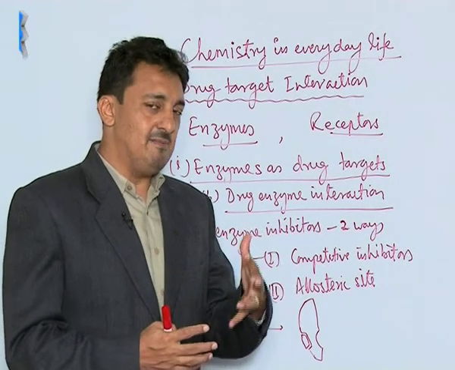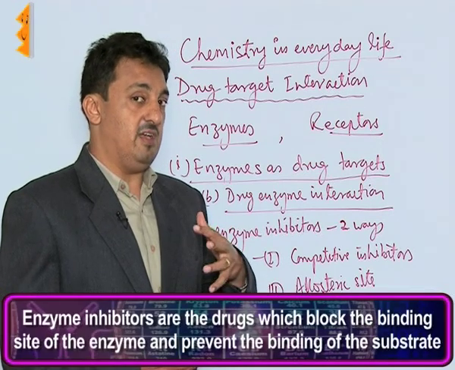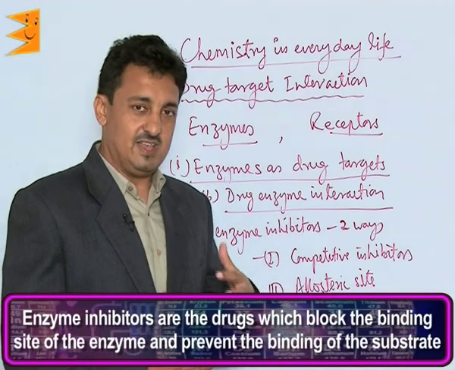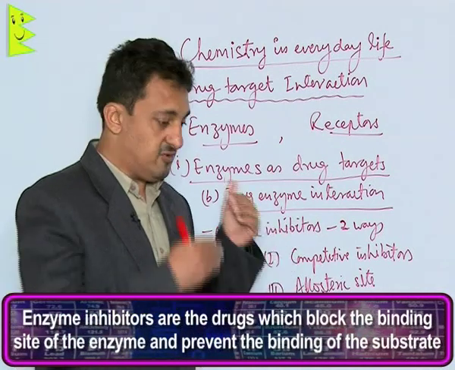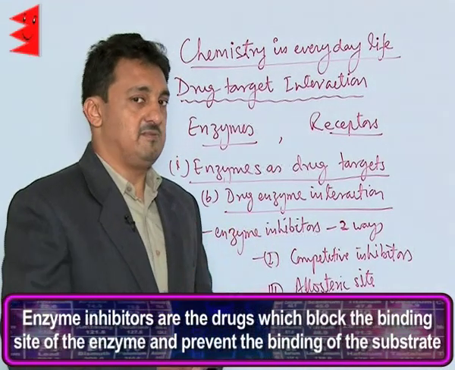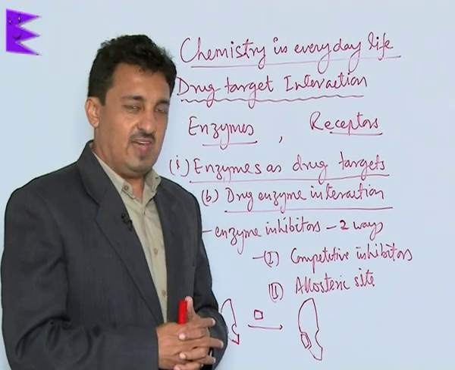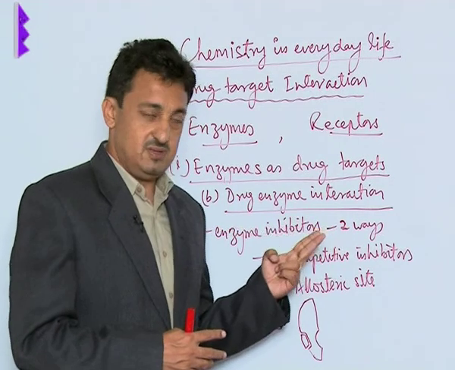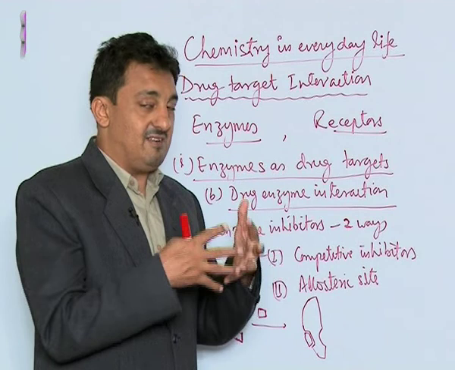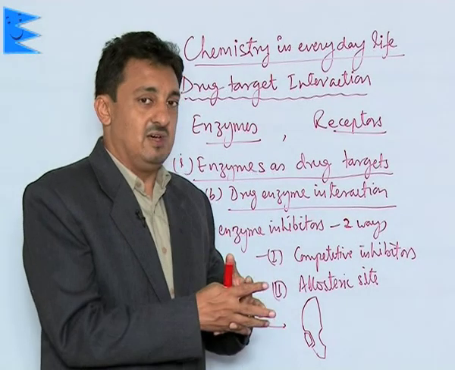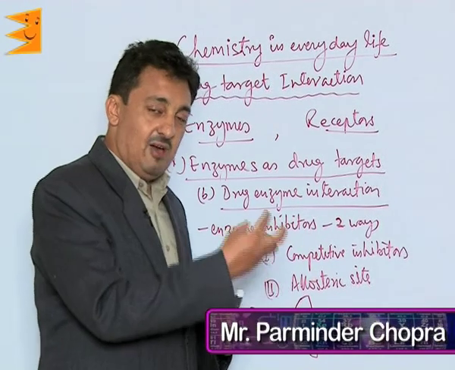Drugs can inhibit enzymatic activities, and the drugs which inhibit enzyme activity are called enzyme inhibitors. They stop the working of the enzymes. Now, how do they stop the working of the enzymes? They do so in two ways. First, the drugs can compete with the enzymes